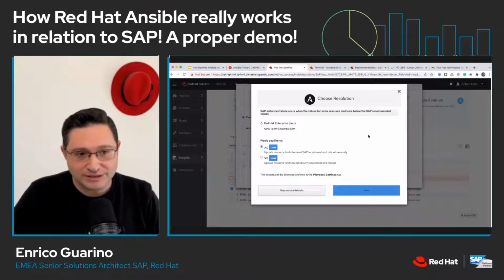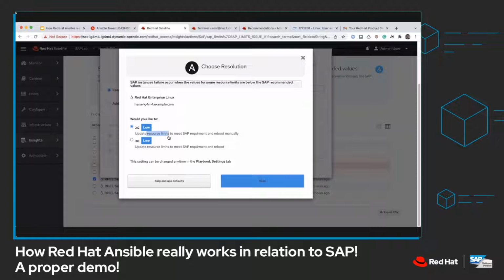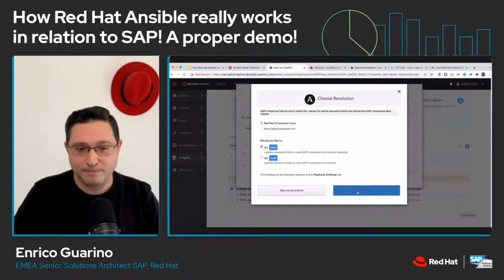Okay, what Satellite is telling us here is giving us new information: when we update the resource limits, these new values are loaded in the system after a reboot of the system. So we need to perform the reboot in order to activate the changes. So Satellite is giving us two options. One option is to say, okay, I'm going to apply the new resource limits and you will manually reboot your system in a second step. Or if you want, I can reboot the system for you. We will go with the first choice, and click on Save.